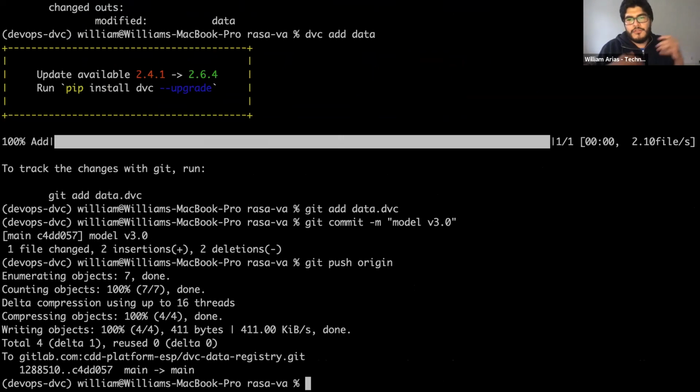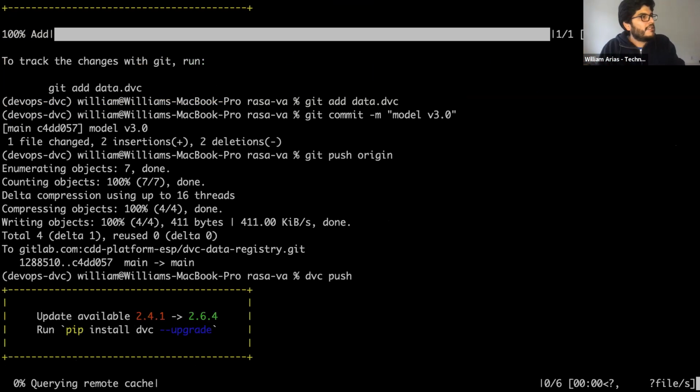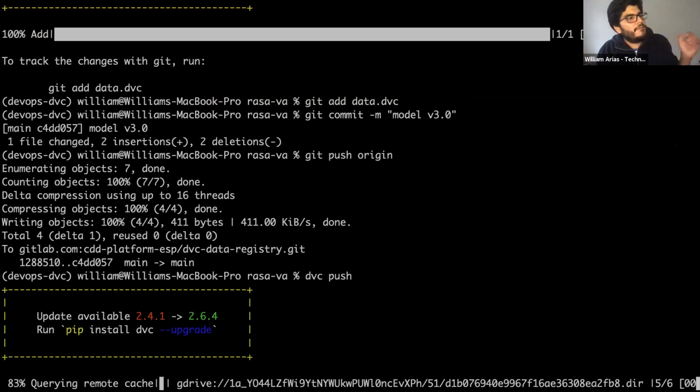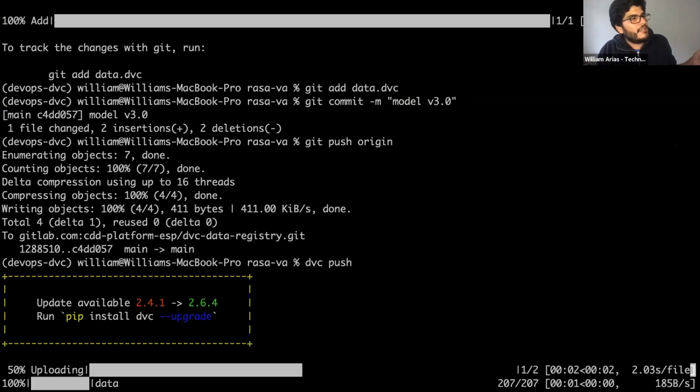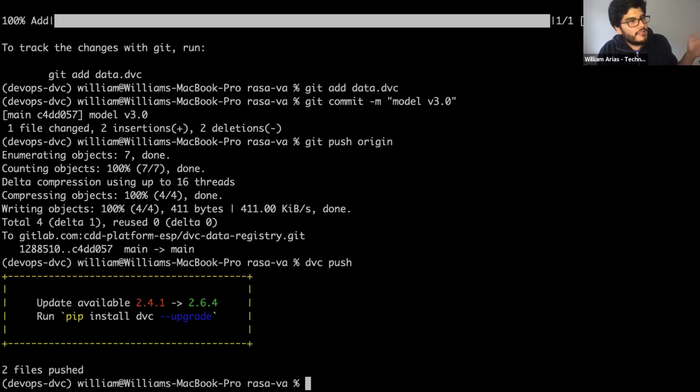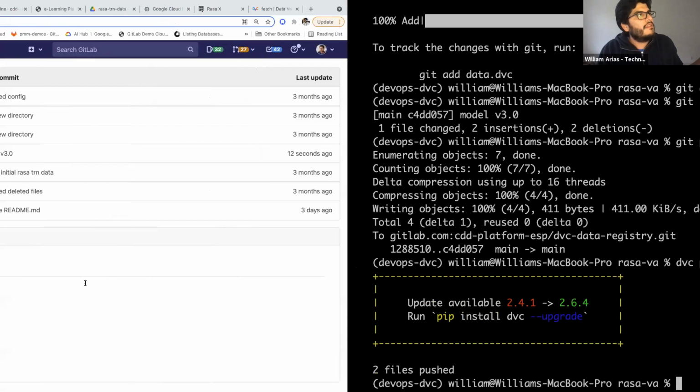But there is something that I haven't done here. I haven't pushed the changes from DVC to the remote. DVC is keeping track of my changes here in my local, but they still are not in the remote. So now if I do DVC push, you will see that now it is uploading to my Google Drive the changes I did. Remember that I changed the NLU, so it now is telling me the remote has the latest version of your training data, and also Git